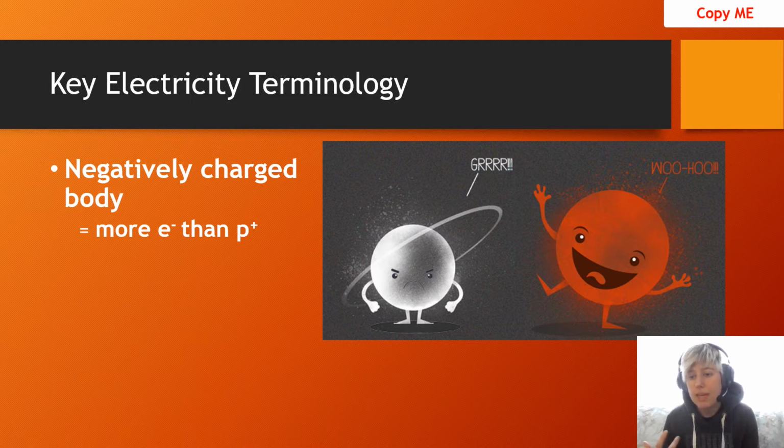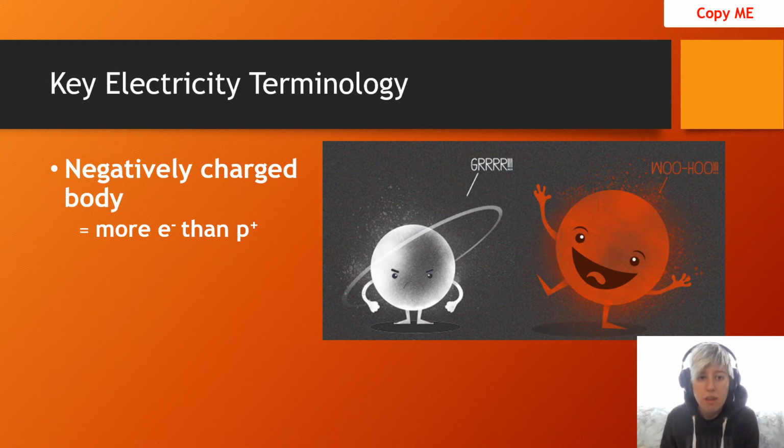What it means is that it's gained electrons, specifically valence electrons, because they're the only ones that really move. Our electrons that are in our inner shells basically don't leave the element because it's extremely stable. It's only the valence electrons, so the electrons on our outermost shell, that are the ones that are leaving or staying during our